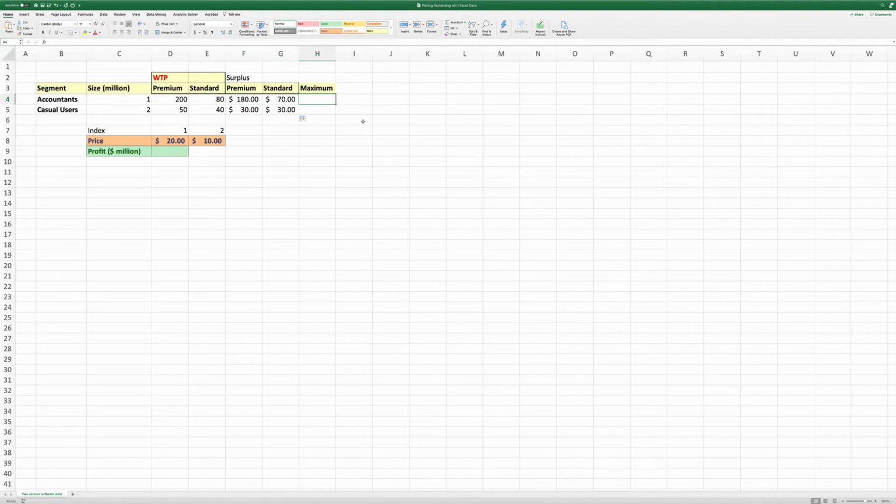So now we have the surplus numbers. We're going to calculate the maximum surplus out of these two versions for each one of the segments. All right, so after we get the maximum surplus, next we're going to calculate how each segment makes choices based on their largest surplus. So the selection is equal to